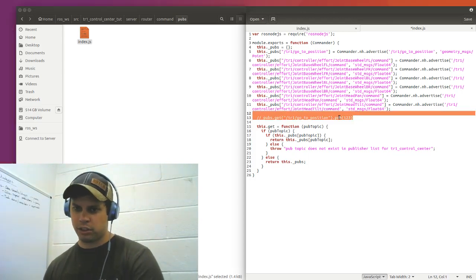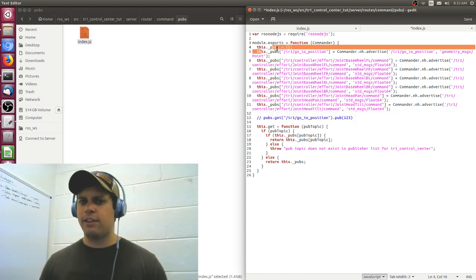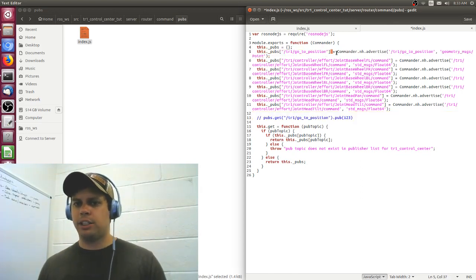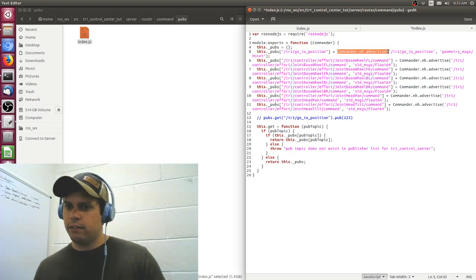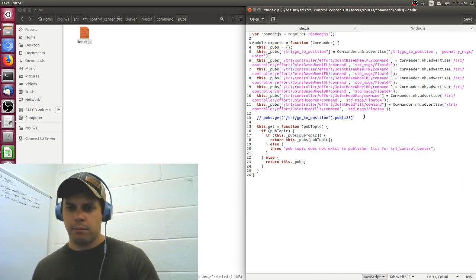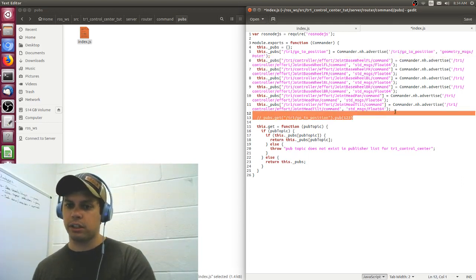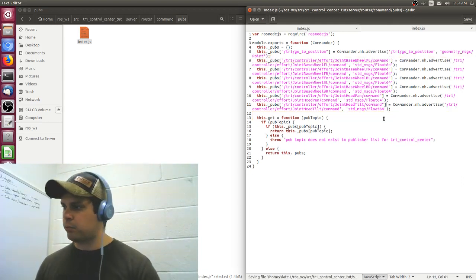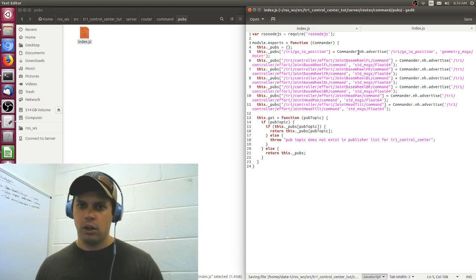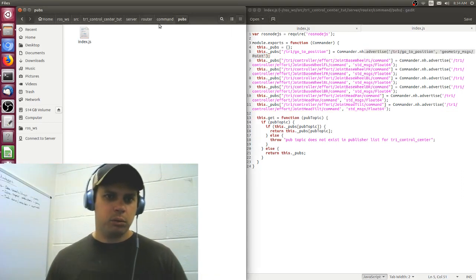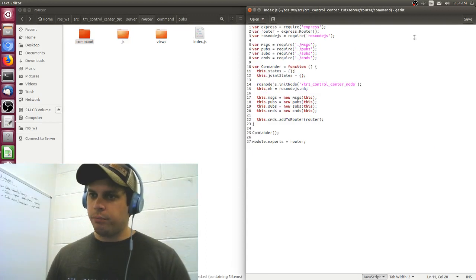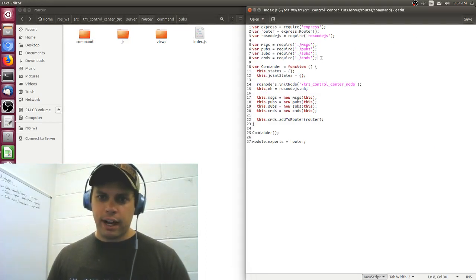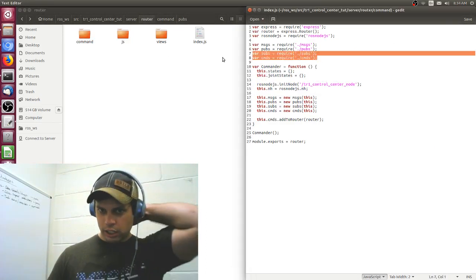We'll see specifically. I can't remember because this item in the dictionary is actually this node handle .advertise. It's the object that gets returned here. So this would be with the ROS Node.js, this would be according to their spec. But I've got some code here I can look at so we can remember what the actual interfaces for that is. So now we have set everything up except for this CMDS